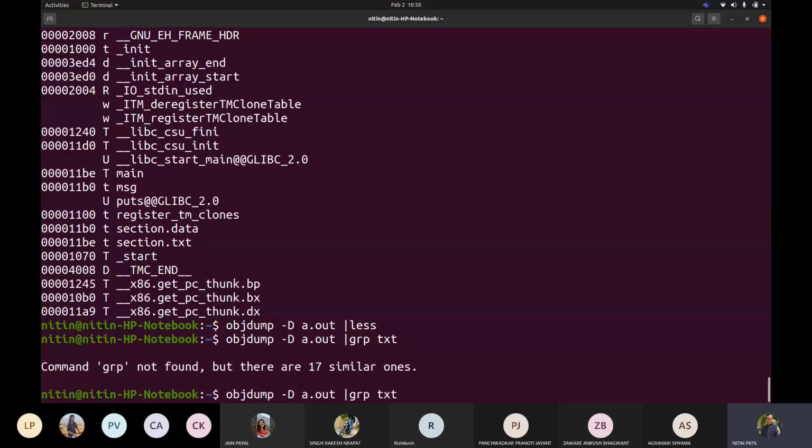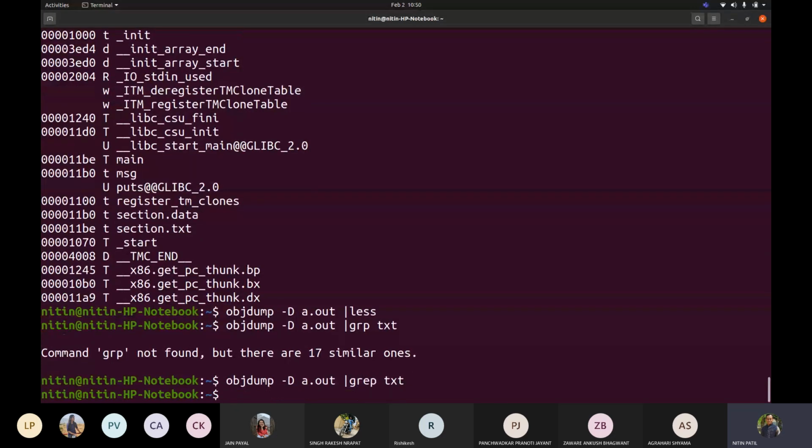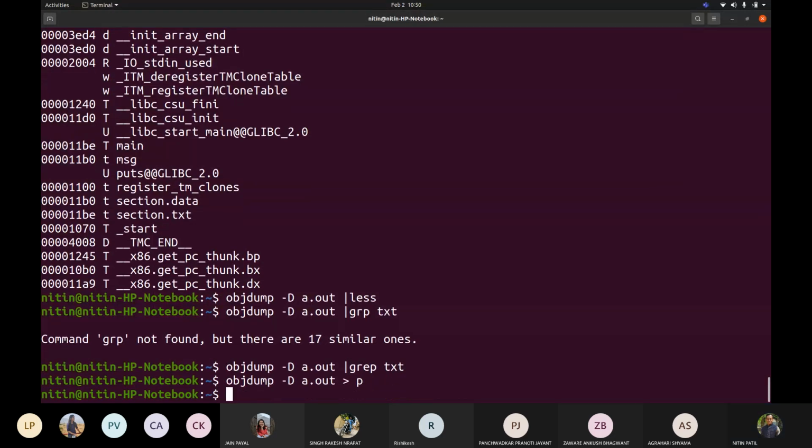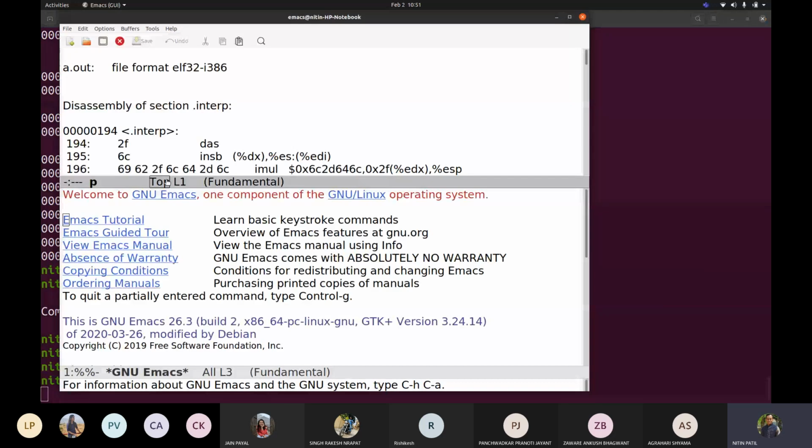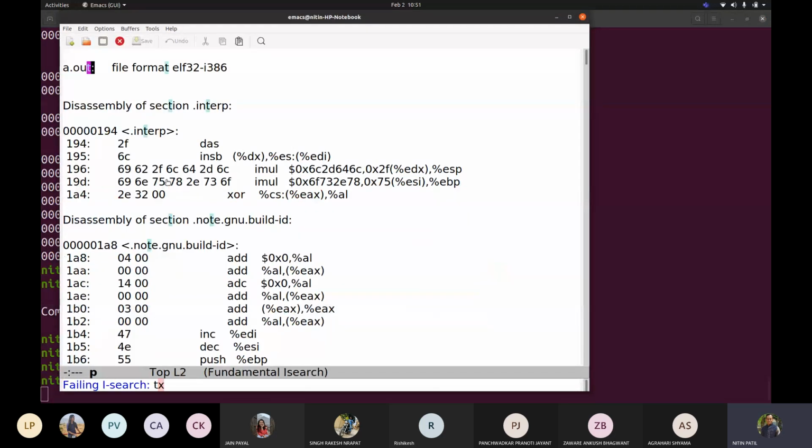Okay, it may not permit me. Now if I try to search txt, it is not showing that to me.